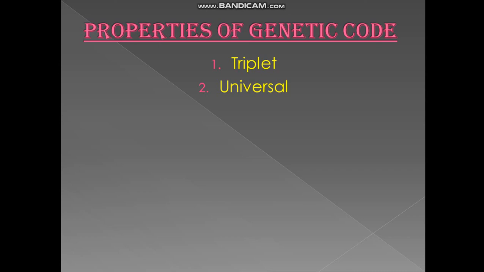Clear? Every codon will be coding for the same amino acid everywhere. It is universal. Next, the genetic code is non-overlapping. That means one nucleotide will not form a part of another triplet. They will be read in triplets, and there will be no overlapping of the third base of the first triplet and the first base of the second triplet. Three, stop; three, stop; three, stop. It will be like that. They will be read only in triplets without any overlapping.